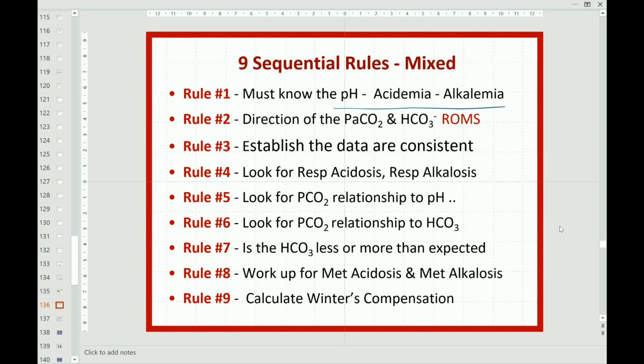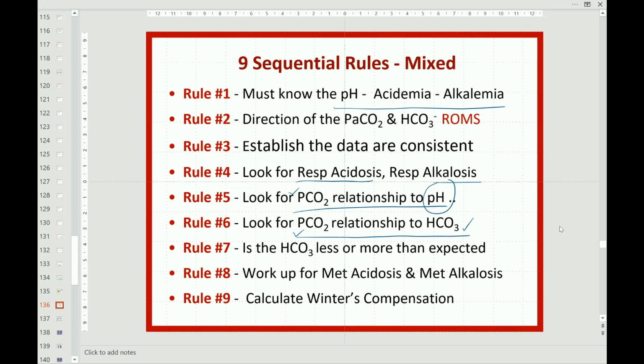Look for respiratory acidosis. As I told you, this is very important. Then, of course, look for respiratory alkalosis. And look at the PCO2 relationship to the pH and the PCO2 relationship to the bicarbonate. It is the pH which shows the acute alkalosis or acidosis, and see whether it is related properly to the PCO2 in the respiratory disorder, and how the same PCO2 is related to the bicarbonate. This is what should be worked out.